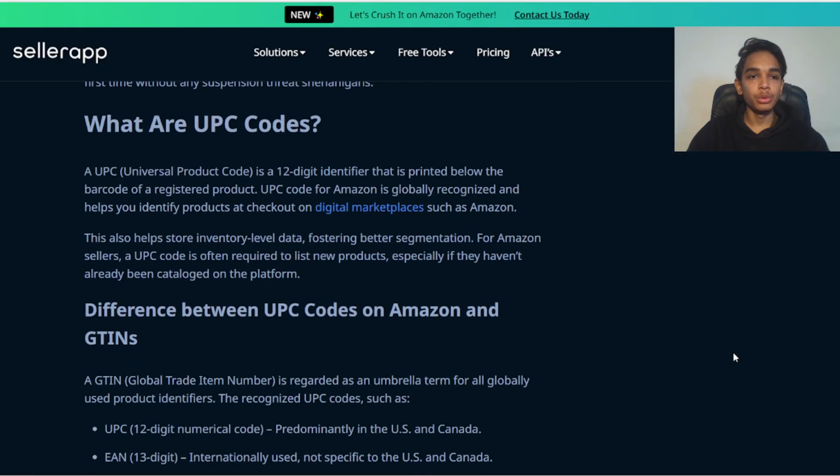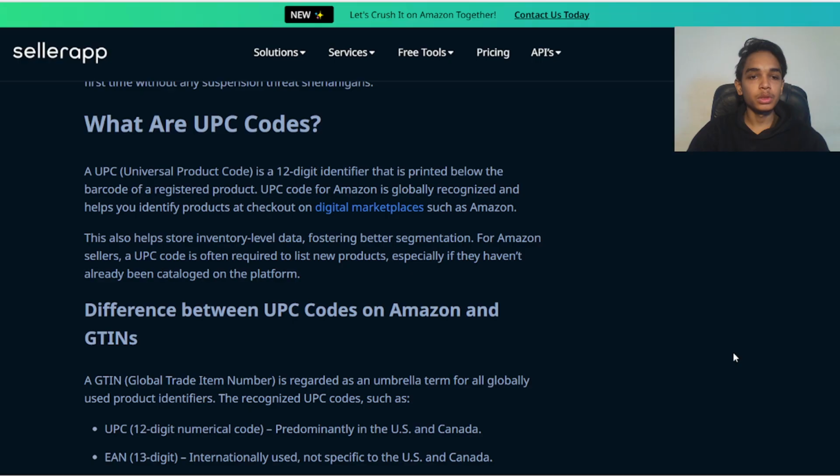What are UPC codes? The UPC, Universal Product Code, is a 12-digit identifier that is printed below the barcode of a registered product. UPC codes for Amazon are globally recognized and help identify products at checkout on digital marketplaces such as Amazon's.